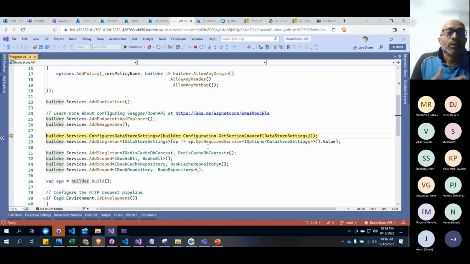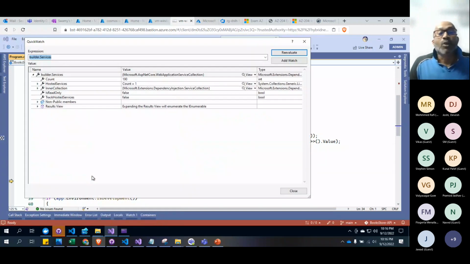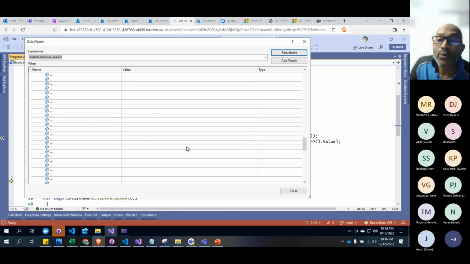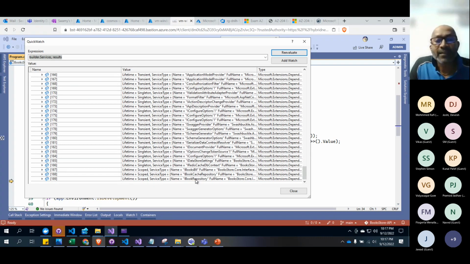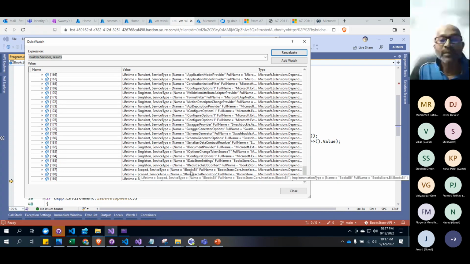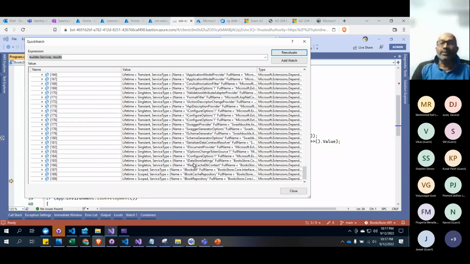That was 173. We don't need to worry about that. Let's go add and add and add and add. Let's stop here. Right mouse click and go on this one. So all the way from 173 to 190. Let's go and see where our dependencies are. Scroll all the way down and wait here. See that? IBookRepository, IBookCacheRepository, IBookBLL, IRedisCache, IDataStoreSettings. These are all the things we have created: these interfaces, and implemented the concrete classes and loaded everything in the